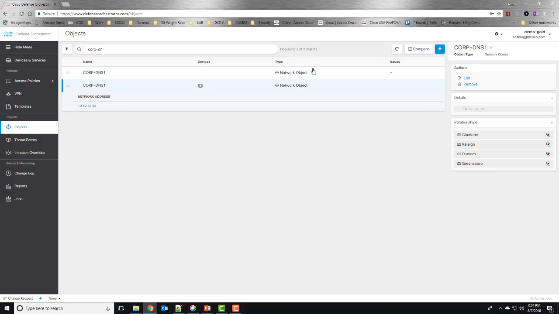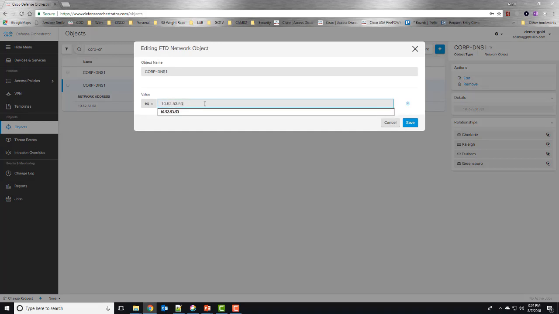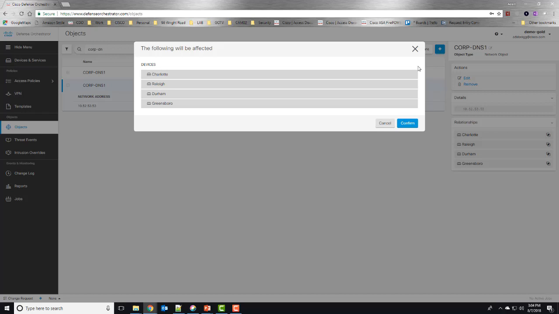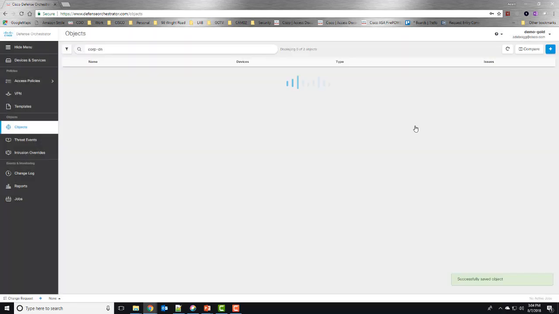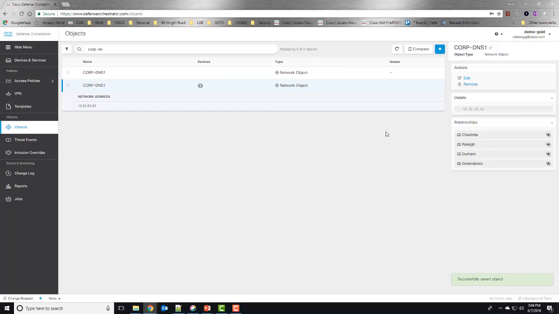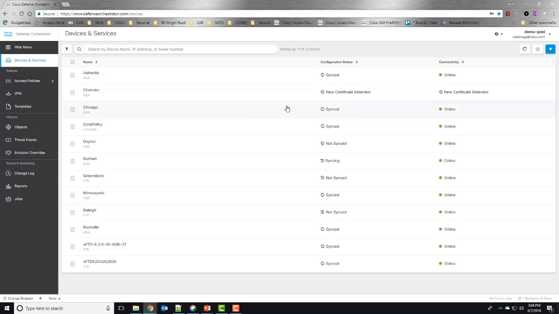If I want to update this object because my DNS server has changed, for instance, from 52.53.53.53 to 53.53.53.53, I can go ahead and save that, and CDO is going to update the backend representation of all 4 of these devices, even though 2 of them are ASAs and 2 of them are FTDs. So when I go back to my devices and services page, I'll see that I have some devices that are not in sync,